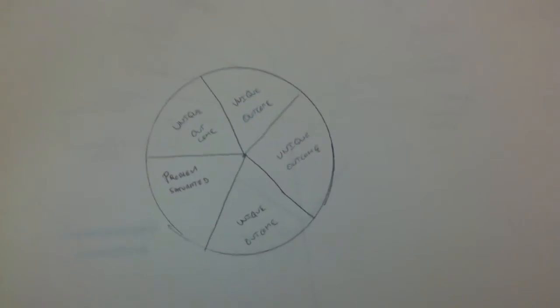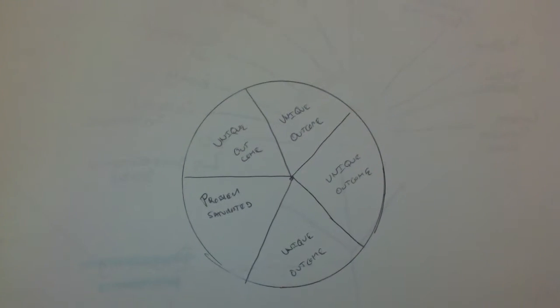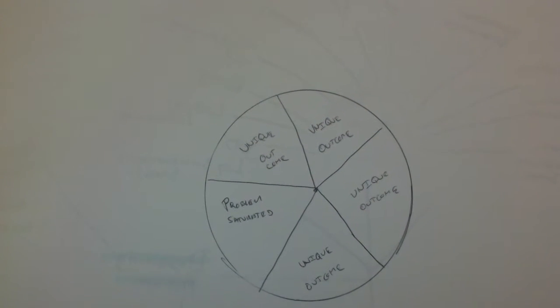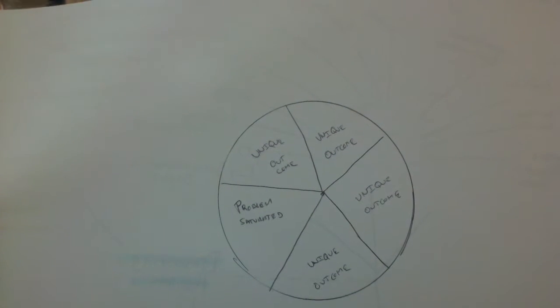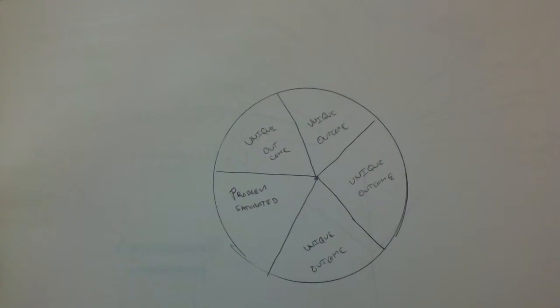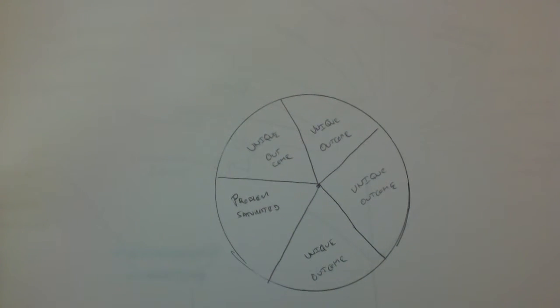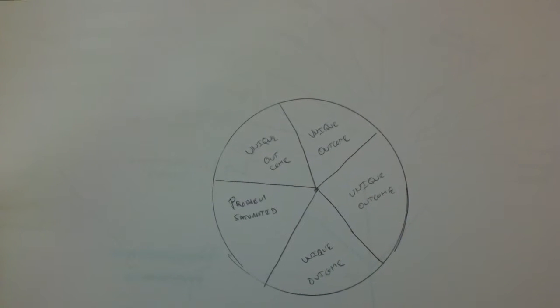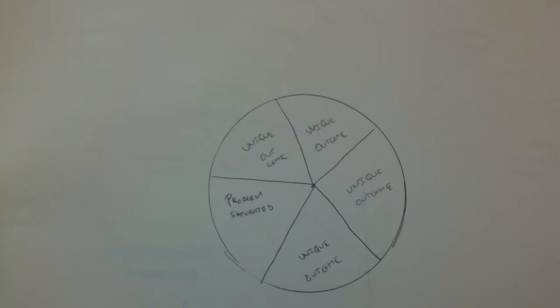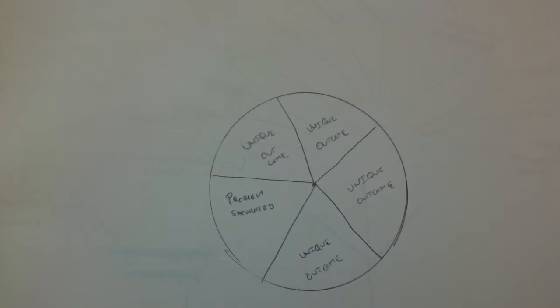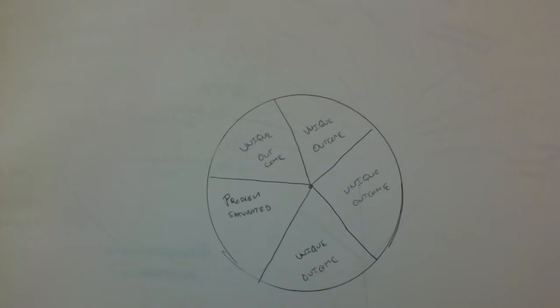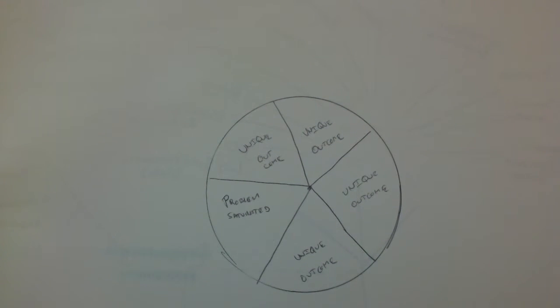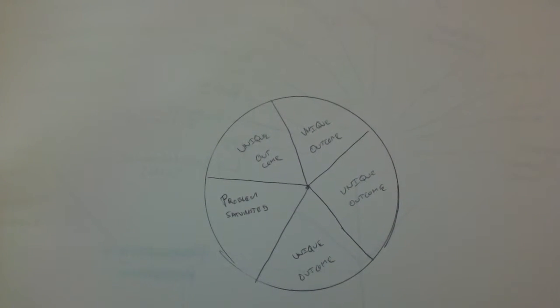This is about stories after all, and this is a terrible drawing, but you can see a story is like a pie, and over on one side we have a problem-saturated piece of pie. That's usually what people focus on or can see for themselves. What we're going to try to do is expand that story so they can see the whole pie, or at least more pieces of it, which are what we would call unique outcomes. That also is similar to some of the strategies in solution focused. It helps people see that there's more than what they're currently seeing right now.